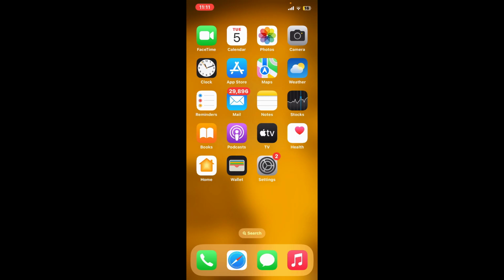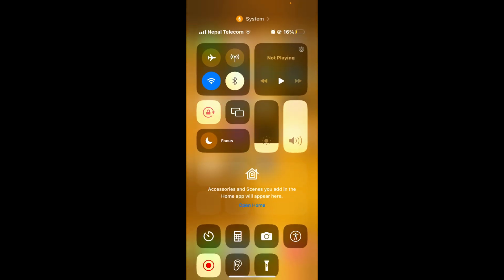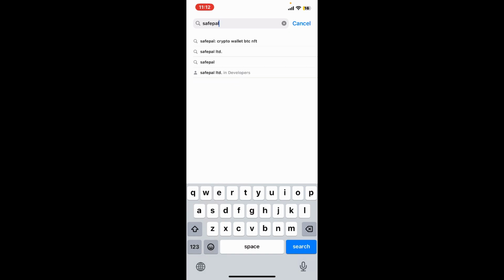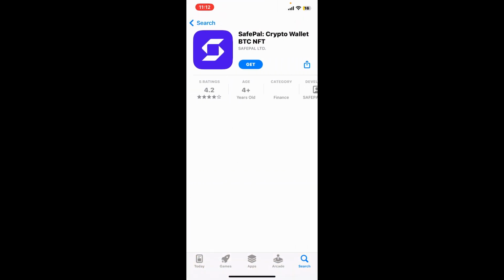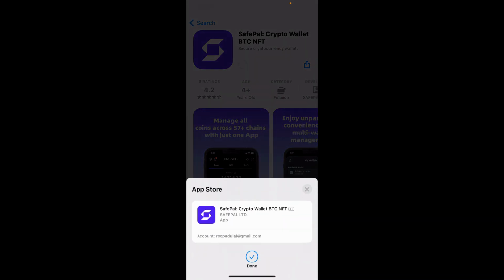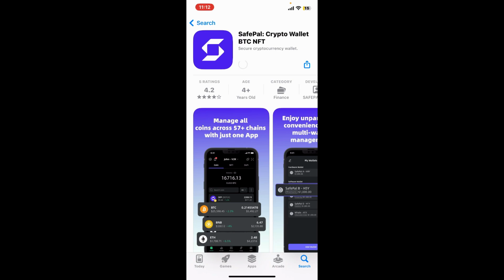The first thing to do is to make sure that you are connected to a stable internet, and once you are, tap open your app store. Go to the search box and type in SafePal and search. Look for this application from this search result and tap on Get in order to begin downloading the app. Log in with your Face ID or log in with your Apple ID and password, and you should be able